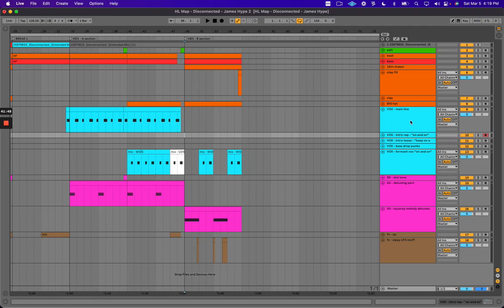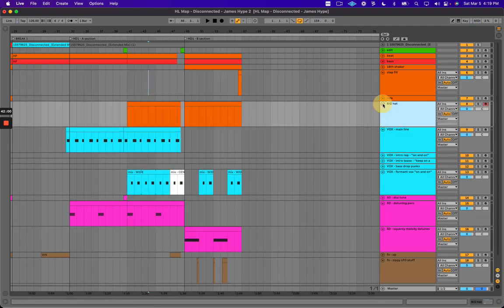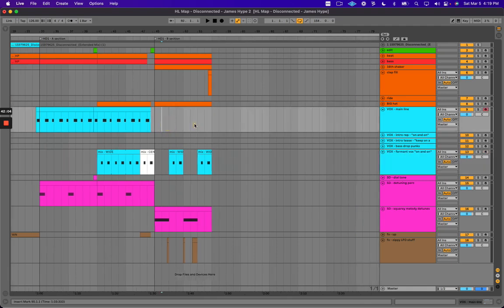So basically, let me step back. HG1, the A section, is defined by these two elements, okay? These two elements, that's what it's defined by. And then we just have the lifts. And the lifts are the big hat and the second vocal, the Vox Formant sound, okay? So now when we get into the B section, we have